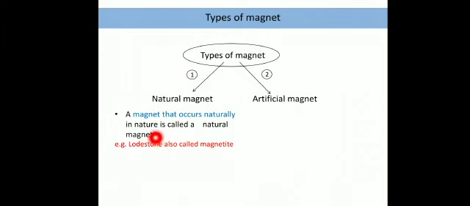Okay, so we have seen the story of a shepherd where the natural magnet was already present. He was not even knowing about it, but he found out. So that piece of a rock is also known as a lodestone, or we also call it a magnetite. Magnetite is a natural ore. I hope all of you have heard about ore. Ores are basically what you can say,